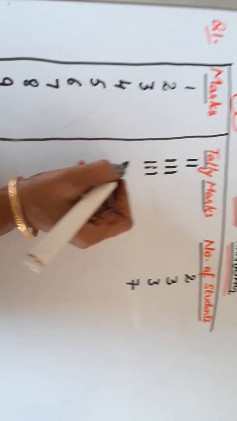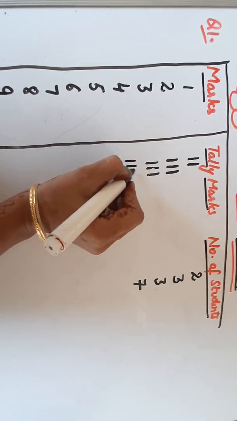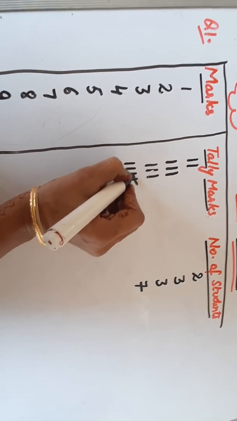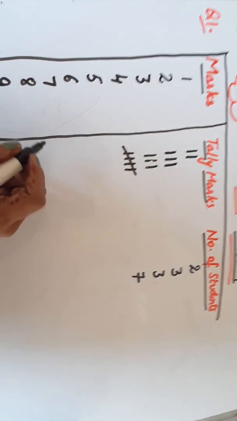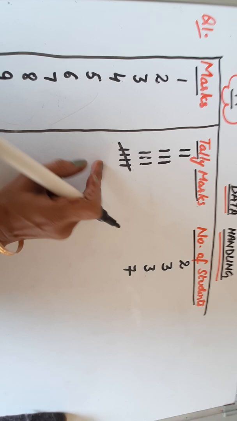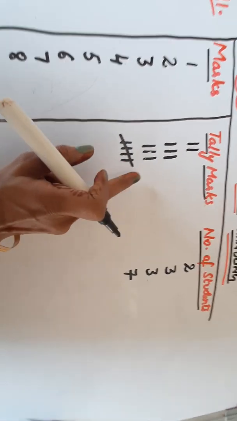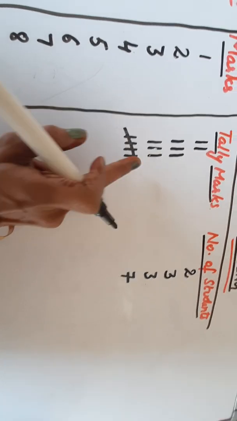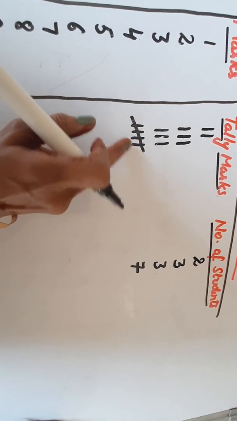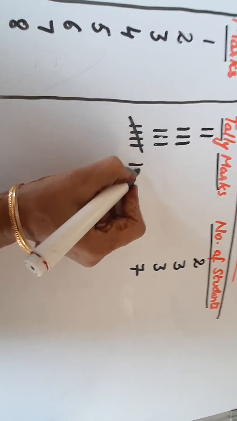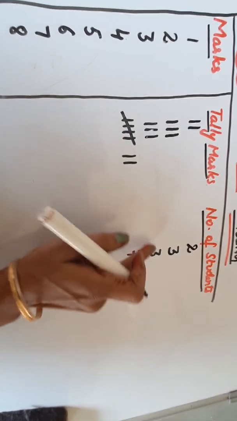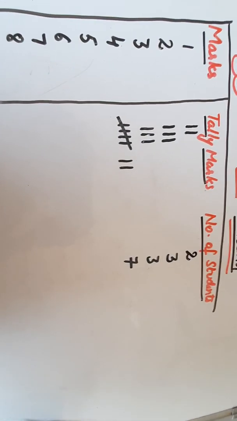So let us revise the rule. 1, 2, 3, 4. Number 5, shut the door. Yesterday in the video I explained this: 1, 2, 3, 4. Number 5, shut the door. Means जो 5th line होगी वो door को close कर देगी. Then 1, 2, 3, 4, 5, 6, 7. So total 7 tally marks for this.